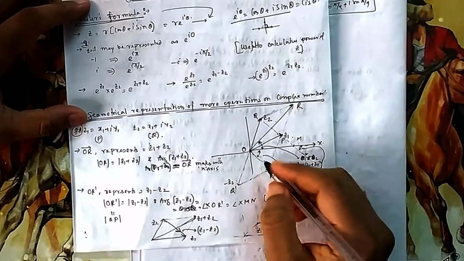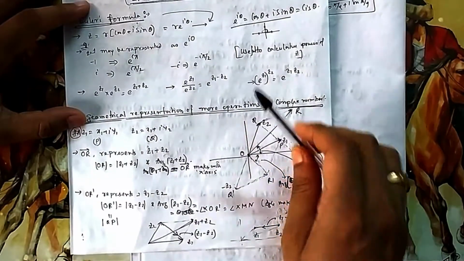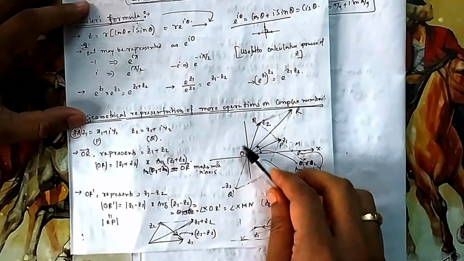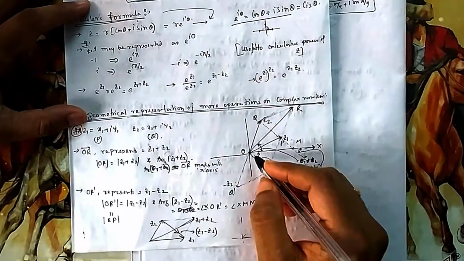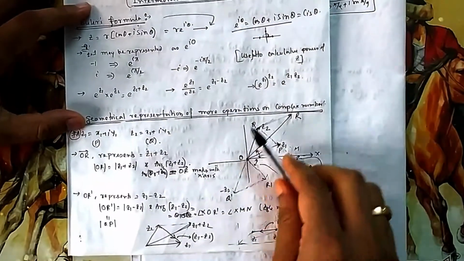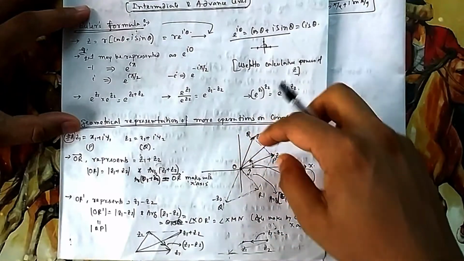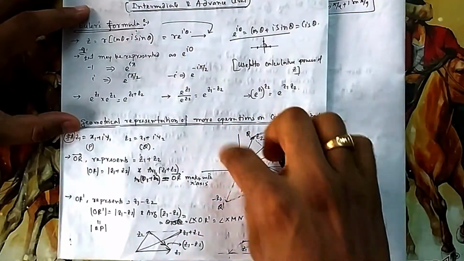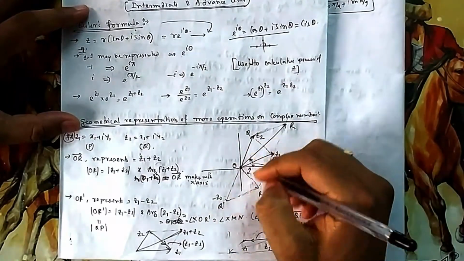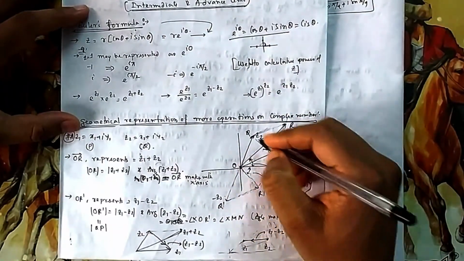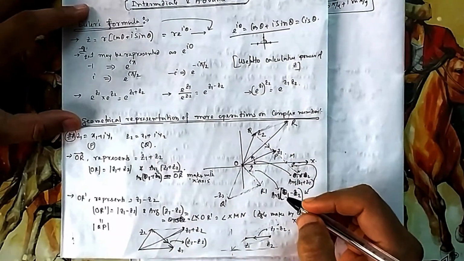So again you see, this vector represents z1. This also represents z1 minus z2. This is the magnitude, so the magnitude remains the same. But if you look at the direction, this is from O to R dash. The same direction, if you want to represent this line as the same vector, because a vector you can move. For a vector you need direction and magnitude, that's it. So the magnitude remains the same, and you give the direction. Direction is from here to here. So this vector, QP vector, will represent z1 minus z2.